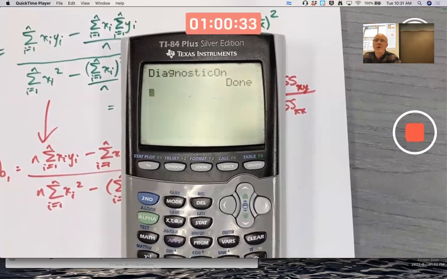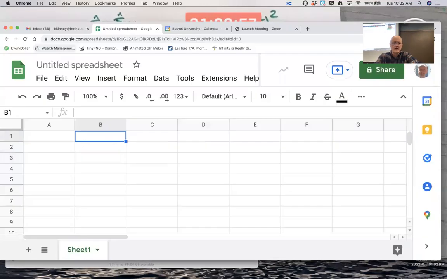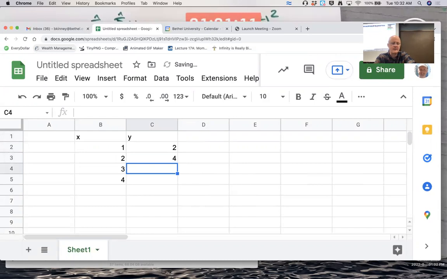But hopefully that works. Let's move on to a spreadsheet. Let's just do the quickest way of getting the regression line. Oops, without formulas. Of course, you can program the spreadsheet to do the formulas that we've used. I won't bother with that today, though maybe we'll look at it on Thursday with bigger data sets, and we'll also get some intuition about things. But if you're just after the answer as quick as you can,